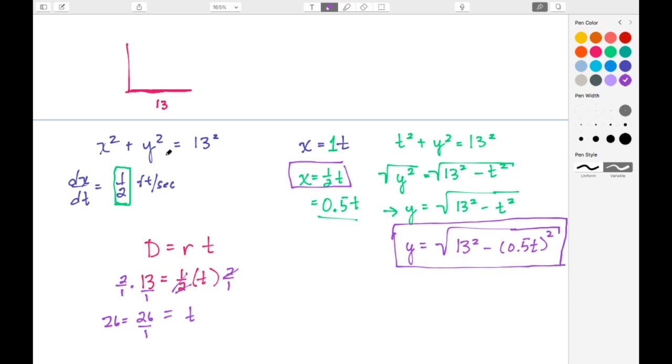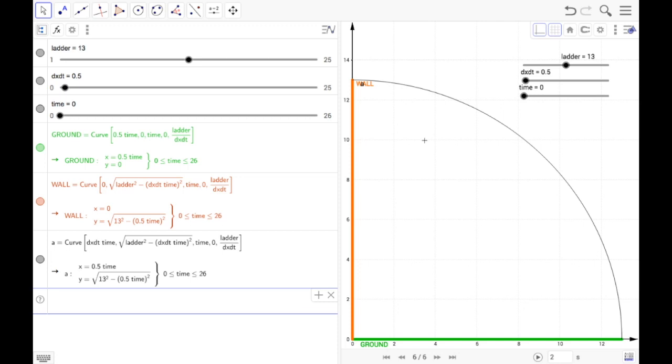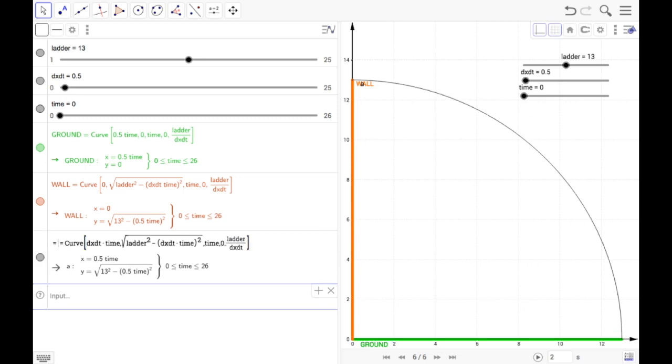Like I said earlier, this here is the equation for a circle, which is also the Pythagorean theorem. We've parameterized it, and by parameterizing it, we're limiting how much of the circle is being drawn. So here we're just drawing the first quadrant of the circle that's centered at 0 and has a radius of 13, and we see that here. All right, next thing we want to do, let me go ahead and rename that. I'm calling this sliding ladder.